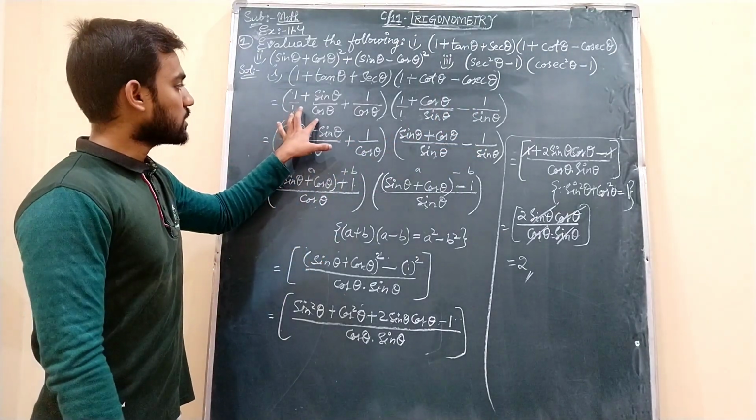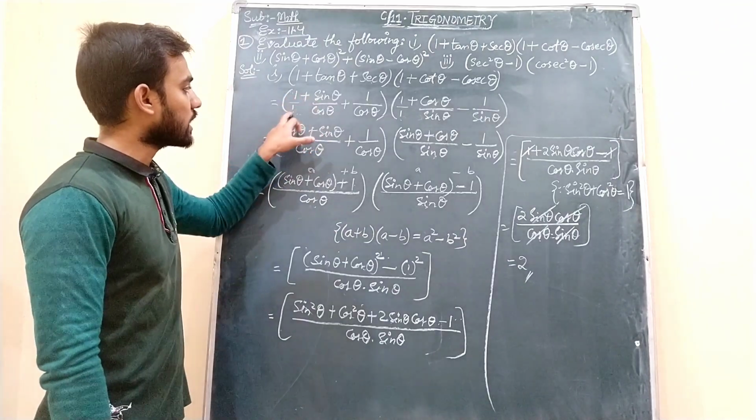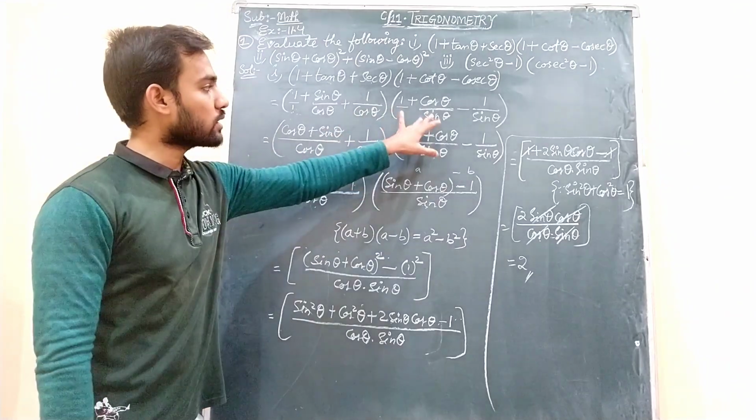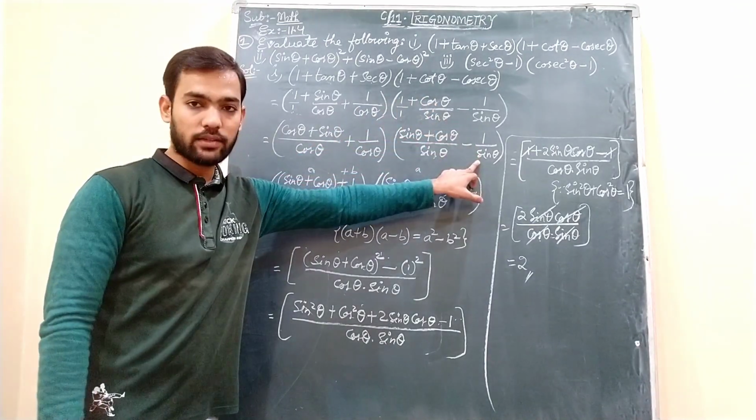And then these two we are making as 1. The denominators are different, so numerators cross, denominators direct we did. We got this, and this we have written as it is. Here also numerators cross, denominators direct we did. We got this, and this directly we have written.